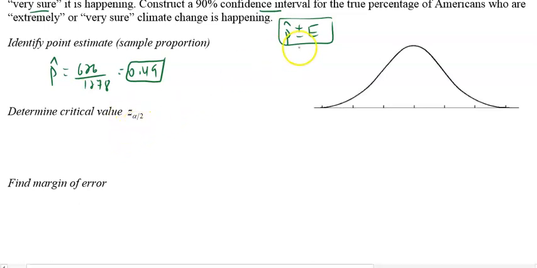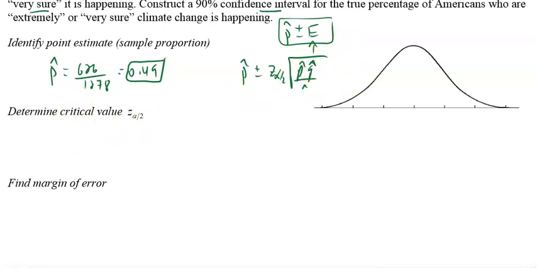We're generalizing a confidence interval for the percentage of all the 300 and some million that believe climate change is happening. To do that, I need the error, and we know the error is, if I read the formula out, z sub alpha over 2 times the square root of p hat q hat divided by n. So I need to find all of those. What we're doing here, we're breaking that into pieces.